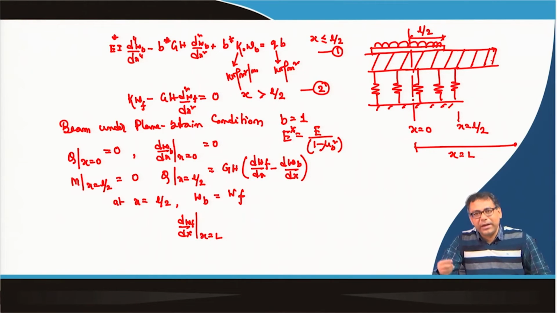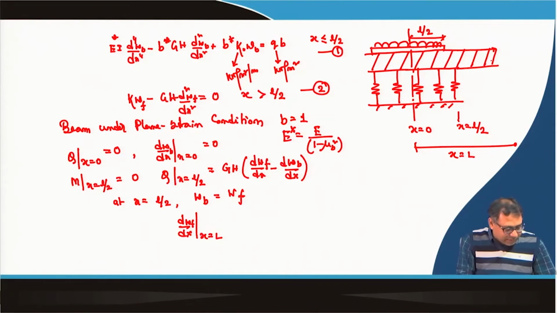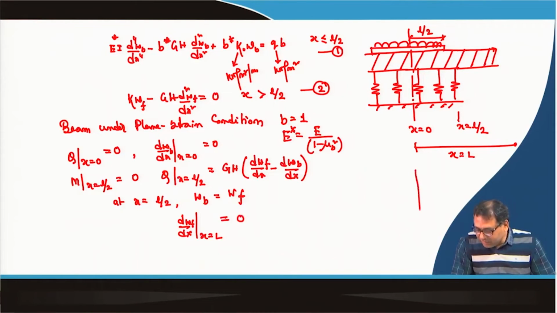So, you choose your domain according to that. That means you change the domain L value, and you will find that after a certain L value, if you increase the L value further, then your deformation at the center will not change significantly. So, you choose that L value as your domain. At the end of the domain, your slope is equal to 0, because your deformation will be something